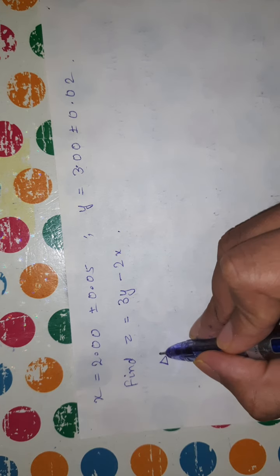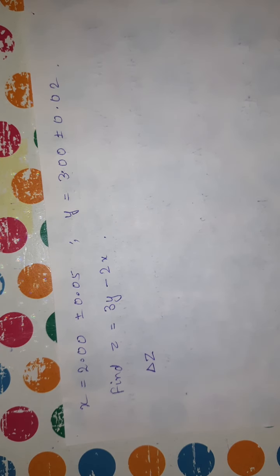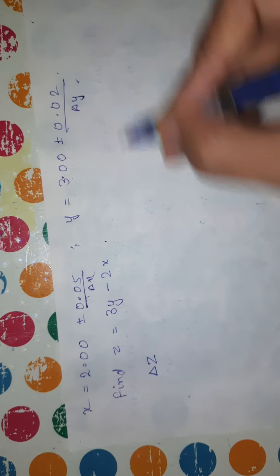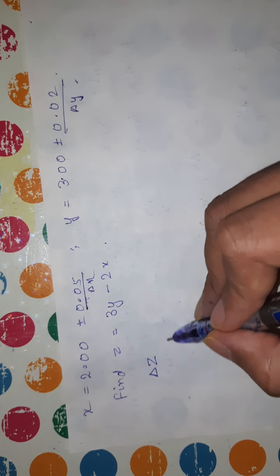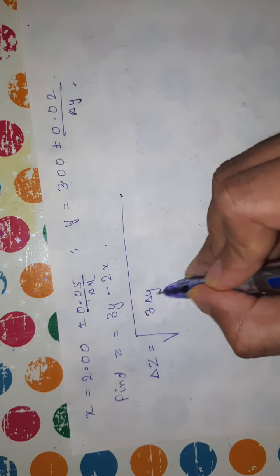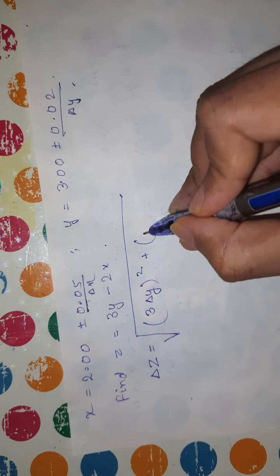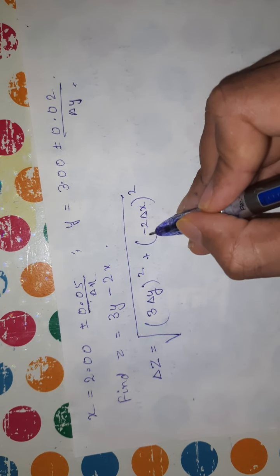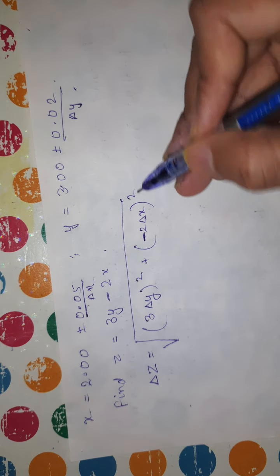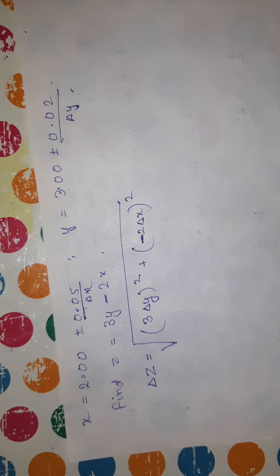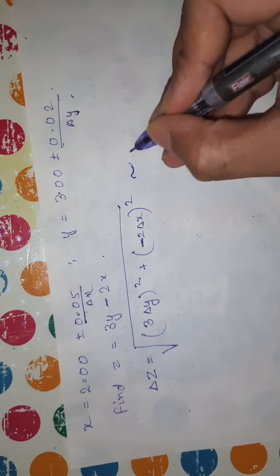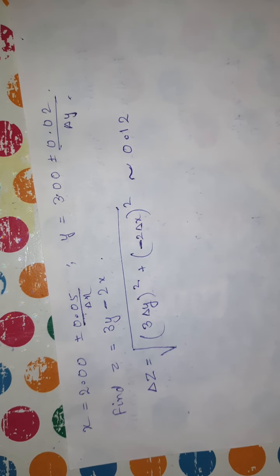So we first have to find the uncertainty in z, okay. Now remember that this term is the delta x and this term is the delta y, okay. So delta z can be written as root of (3 times delta y) whole square plus (minus 2 delta x) square. Now it is irrelevant whether we take this minus sign here or not, because once it is squared it is always positive, so we generally don't take it, or you can take it if you want. Now this will give us an approximate value of 0.12, okay.